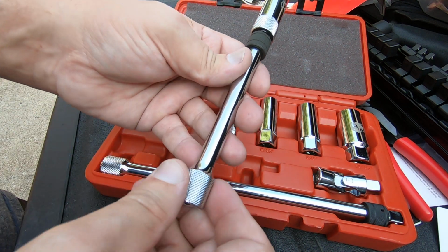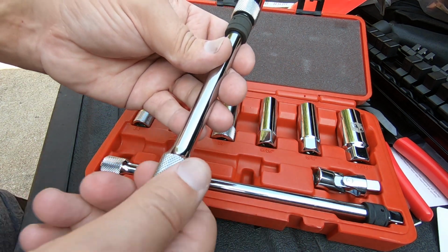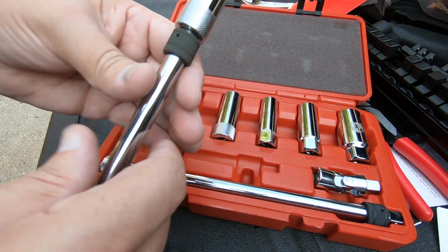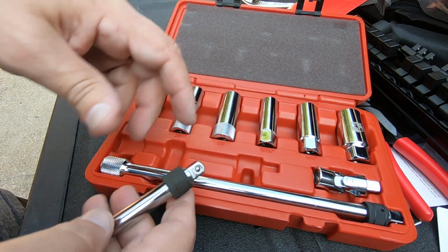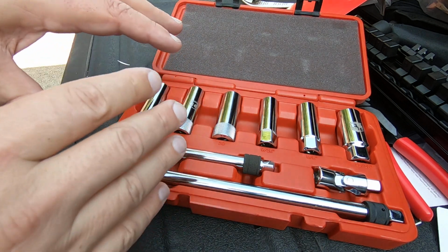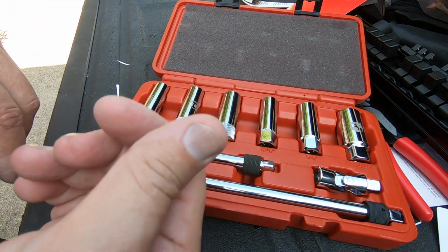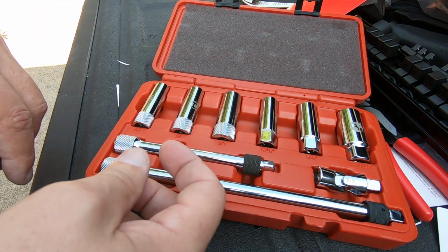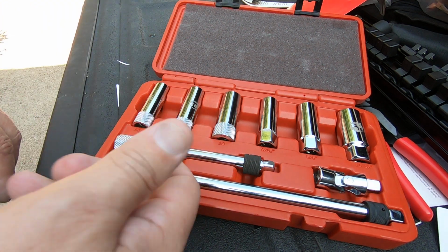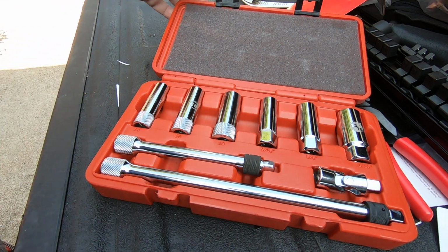If you've got an extension that's not knurled, or a socket, and if you've got anything on your hands, it just slides on this nice smooth chrome. So knurling is everything to me. And you don't realize how nice that is until you're using a tool that is knurled, and you realize right then, well, I got grease or oil on my fingers, and I'm able to spin this bolt or nut or spark plug or whatever in and out of a hole because you've got a knurled tool. But anyway,